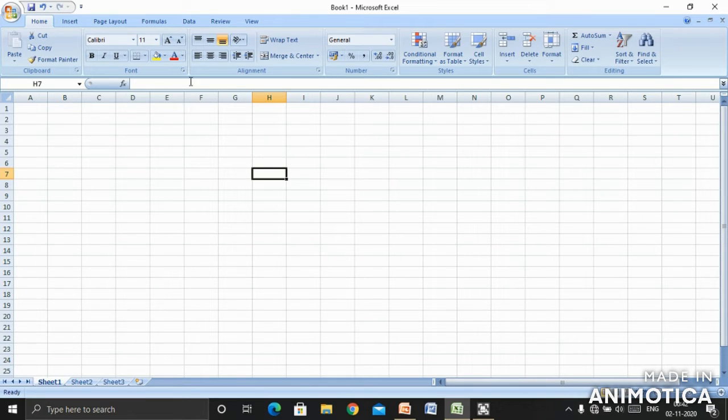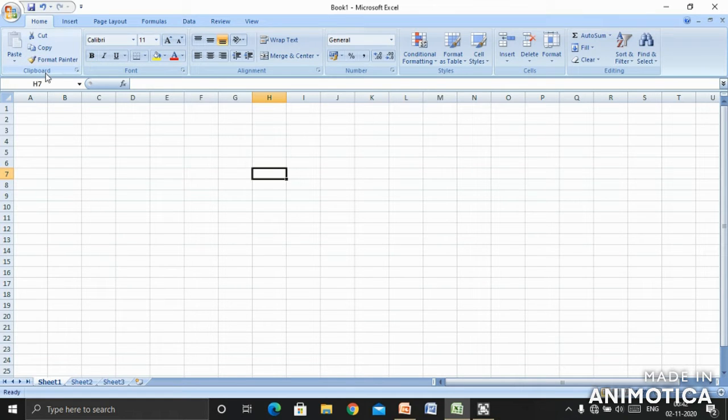Now let us come back to the title bar where Book1 is written. Below Book1 we can see the Home tab, Insert tab, Page Layout, Formulas, Data, Review, View. These are the names of the tabs. Now come below the tabs.